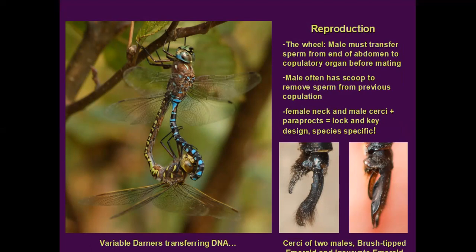So, and then when the two are connected, that's when the female's eggs are fertilized. They can actually fly together in this way, and it's mostly the male that's leading the flight, but the female also helps with her wings. So it's quite interesting to see that happening when they're connected in the wheel or the heart position or heart